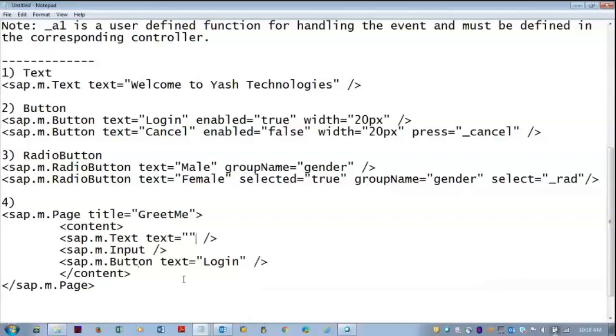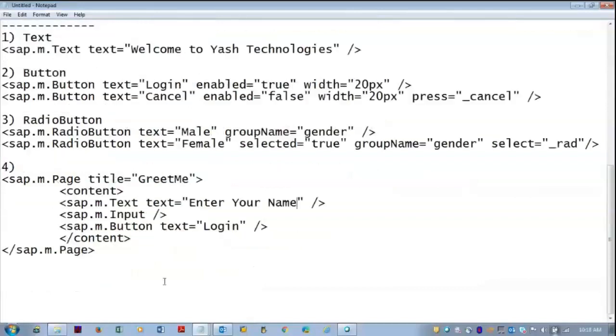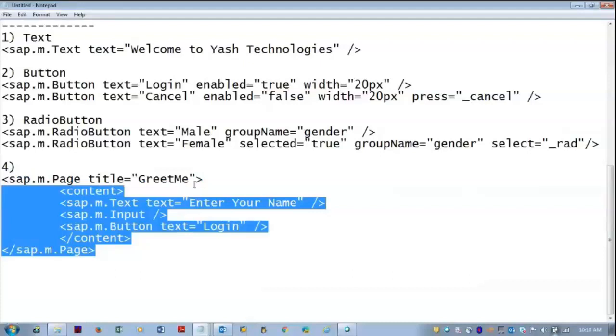Anything you can take there, enter your name. So this is how we can make use of the page control with the aggregation.